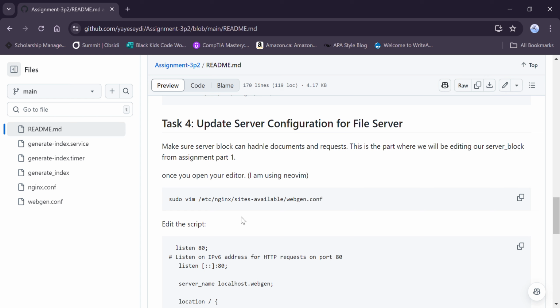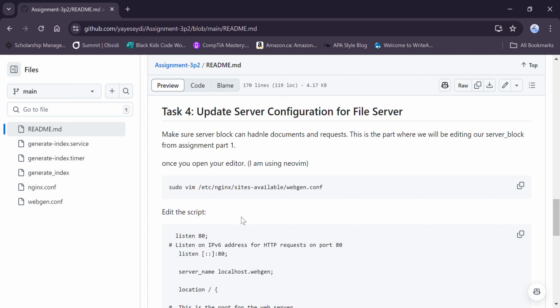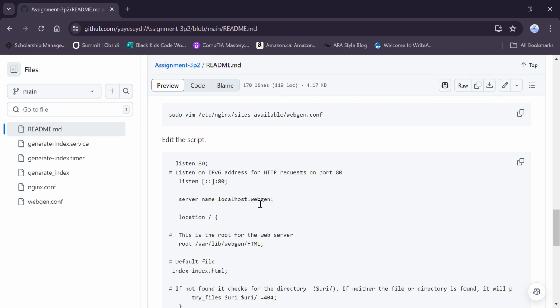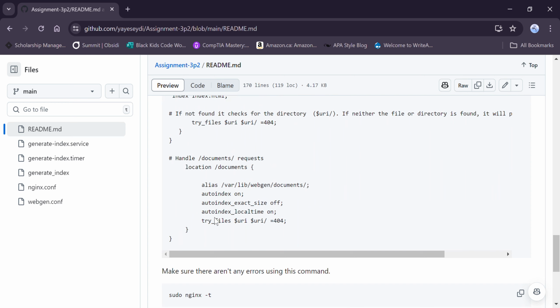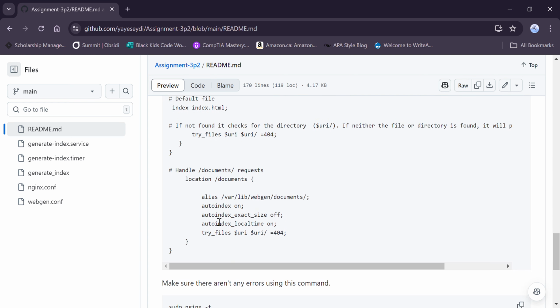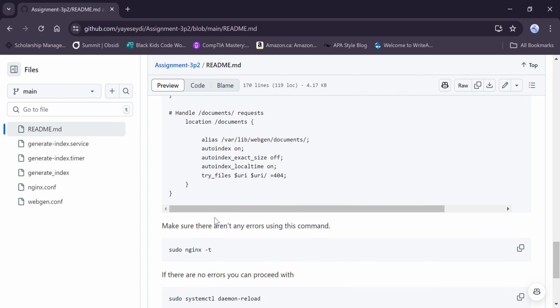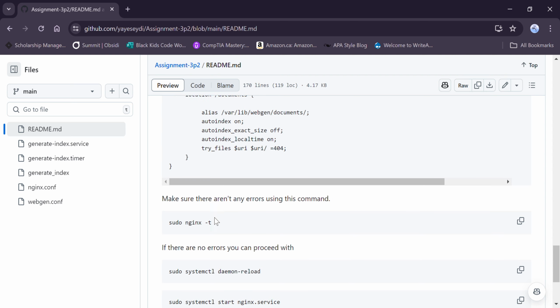You're going to configure the file server, and so you open the Nginx configuration file, and this block of code is what you are going to put in there. This is actually from the server_block. It is edited, however, or updated, I should say, for this assignment. But yeah, this is what we will be putting into our script. And so make sure once you save that, you run sudo nginx -t, which checks for errors and makes sure